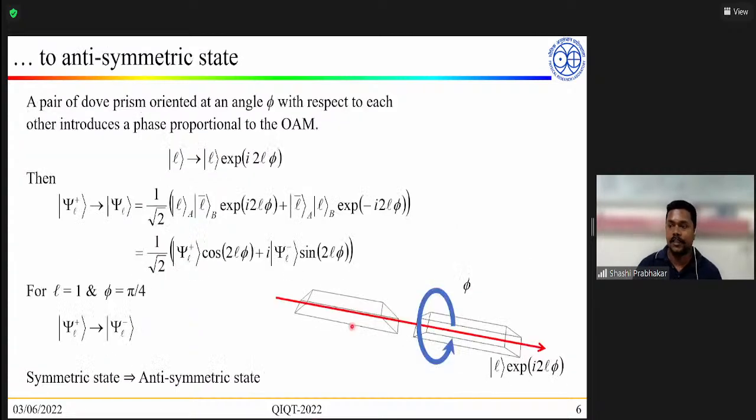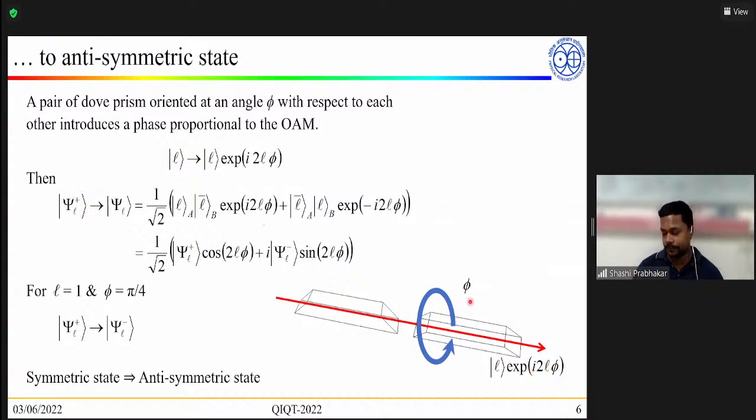The other operation we will understand when we generate an antisymmetric state. So these are the two Dove prisms. When light goes onto a Dove prism like this, it falls on the other surface, then it is reflected. So there is one reflecting surface in the Dove prism. If we put two Dove prisms and one is rotated by an angle phi with respect to the other, we see that a mode L will gain an extra phase of 2L phi. So if we have a symmetric state, which is represented by psi plus for the symmetric,